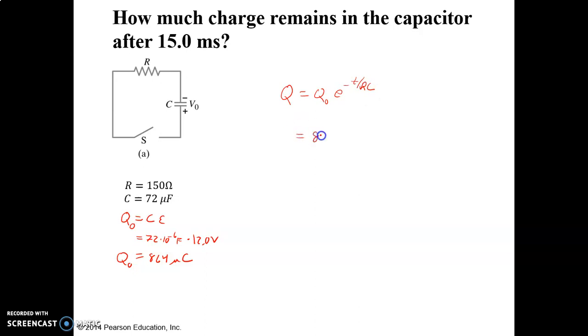So that's going to be 864 microcoulombs times e to the negative 15 milliseconds divided by 10.8 milliseconds. Again, you have to have the same unit in there. So that's 864 microcoulombs times e to the power of negative 15 divided by 10.8,